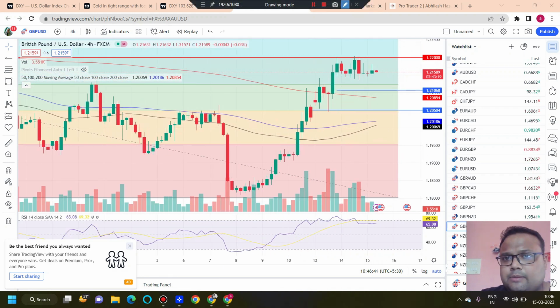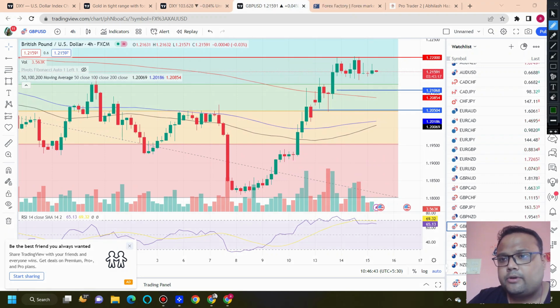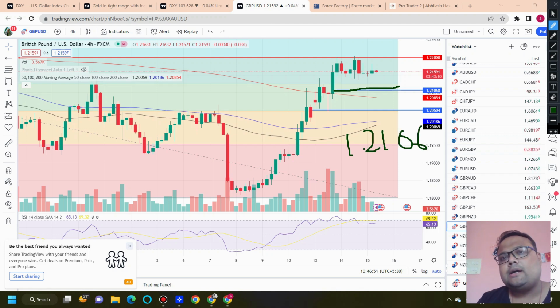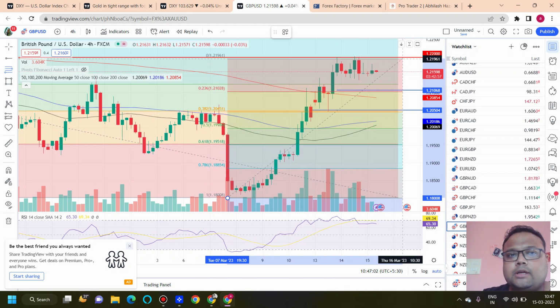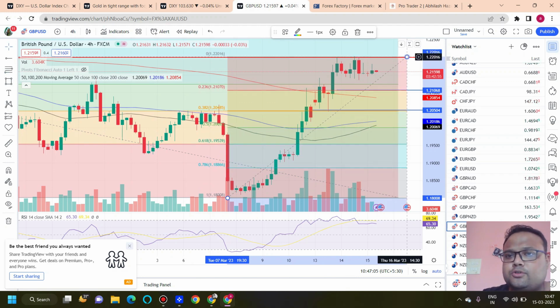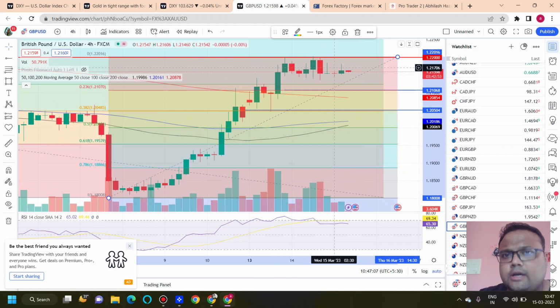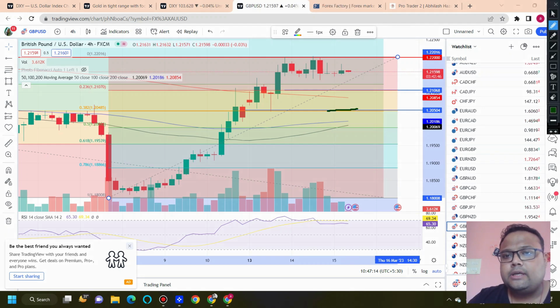And if you're wondering about support, then yes, we have the first support around 1.2106. In case during the day you see market coming down, you can expect the market to take some support. This support is not very strong. This is the Fibonacci 0.236. Let me show you. This is the Fibonacci 0.236, not a very strong support, so be careful. If you see market taking support, if you see market showing price rejection from below, then only go for a buy position. And the second support is around